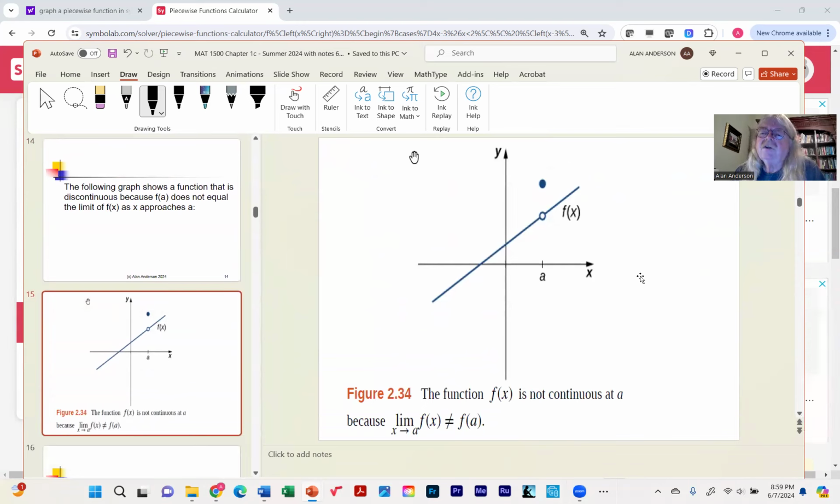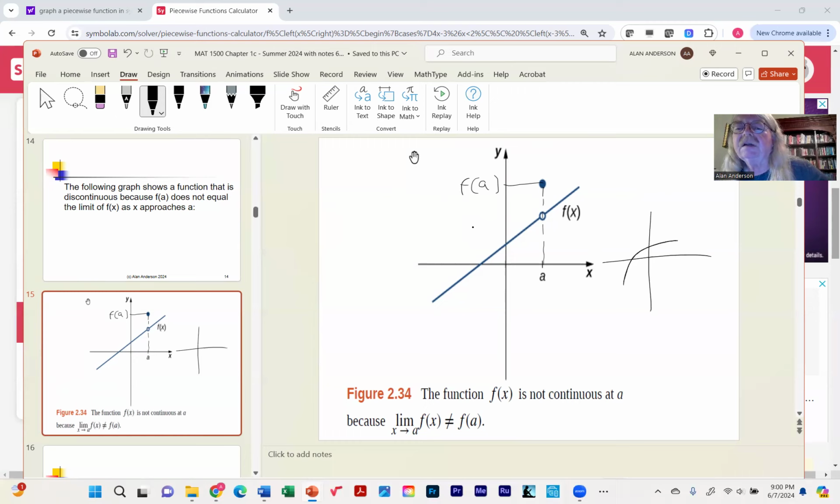If you notice here, there's a hole, but yet there's this point. So that means that f of a is actually this point right here. Now we haven't seen this case today, have we? No. All the other times we had either a hole or we had a break in the graph, like this one. This is the first time we had the entire function like this where there's a single hole and we still have f of a,